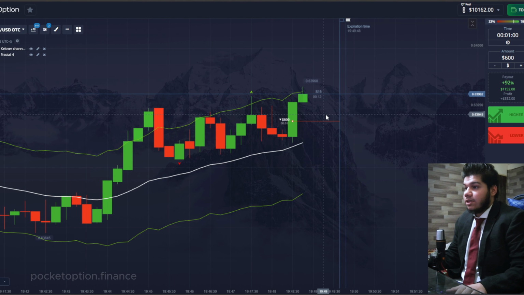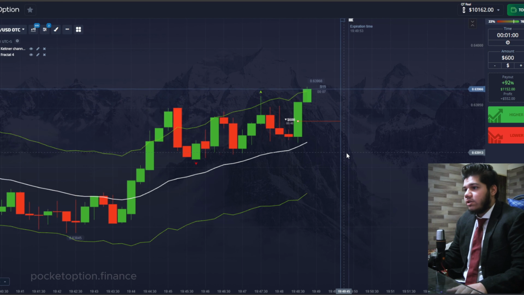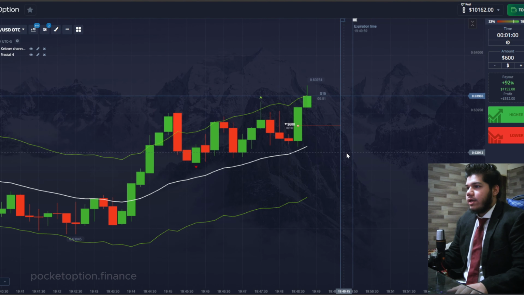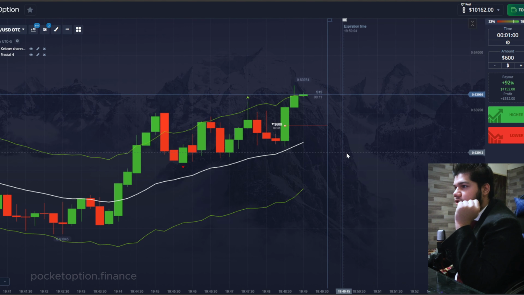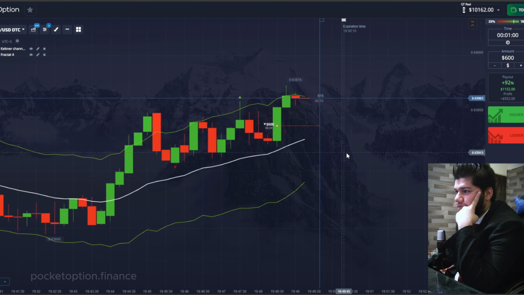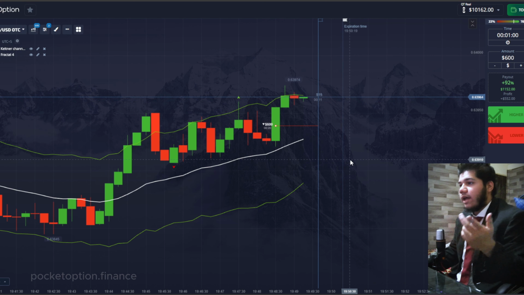Alright, the price is currently moving against us. Let's wait to see this trade result. The price is currently above our entry line. Let's wait to see the result. Now it's rejecting from above. Let's see the actual results. There are also 25 seconds left for the trade result, so anything can happen.